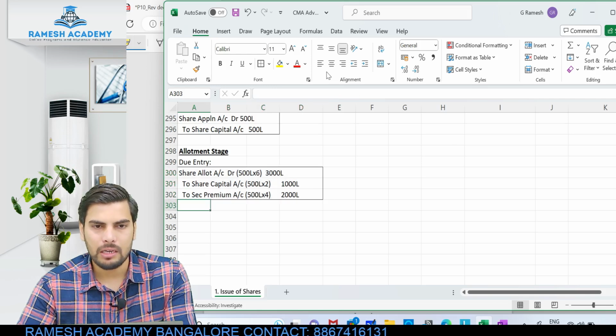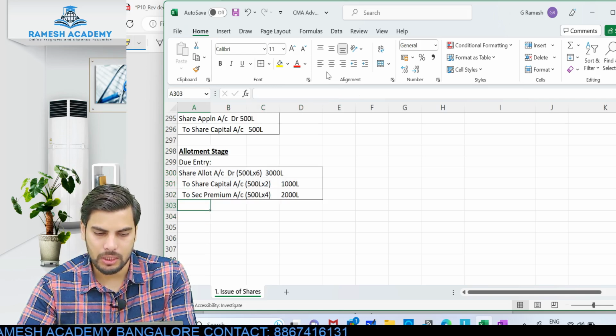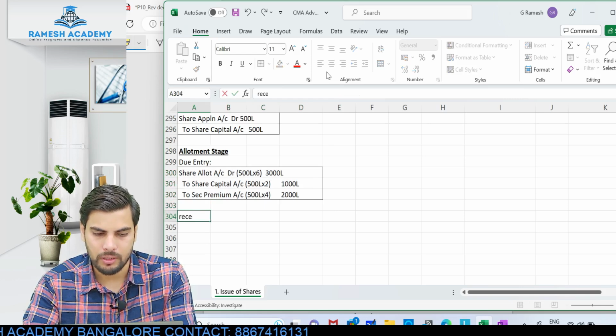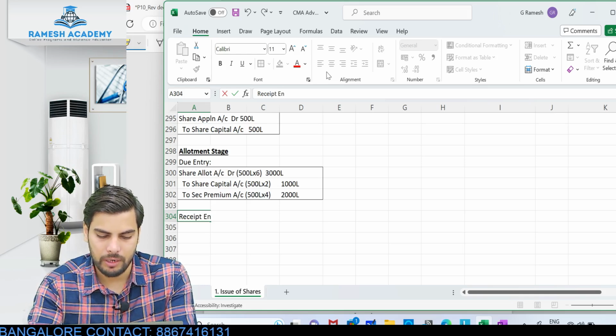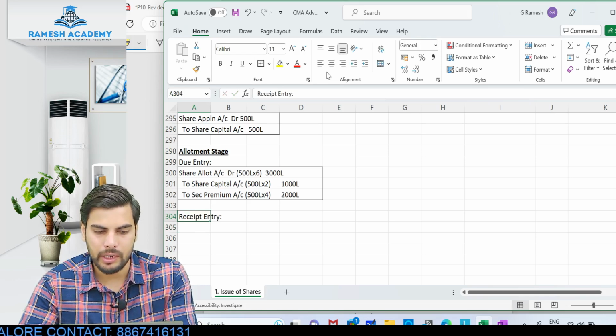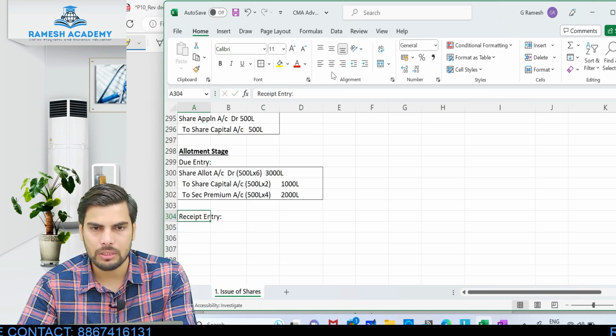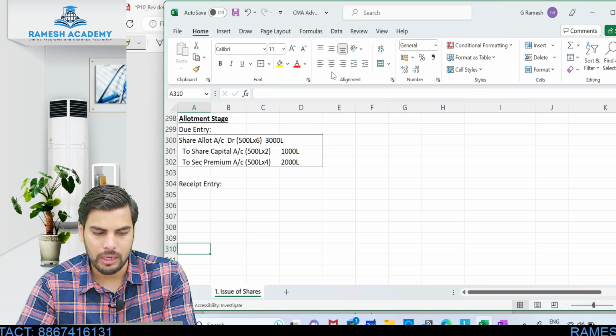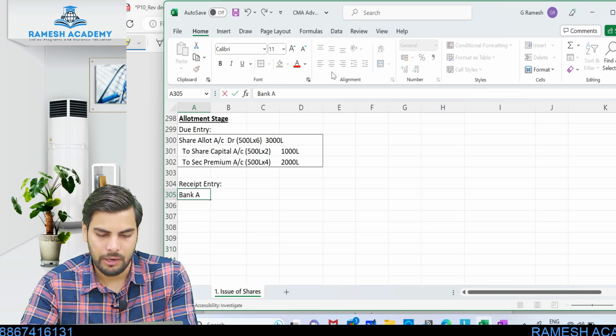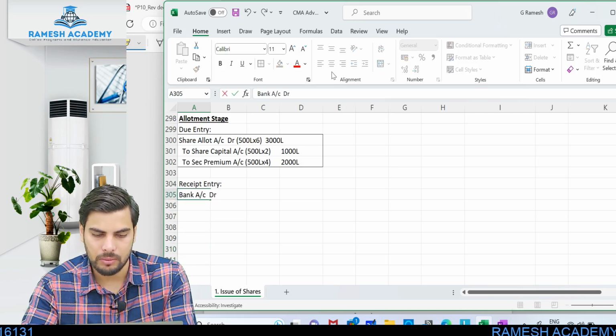They have clearly mentioned that all the amount was actually received. So when I pass this particular receipt entry, you guys already know the receipt entry, right? Whenever I receive any amount, bank account is the one which will be debited. So the entry would be like this: bank account debit